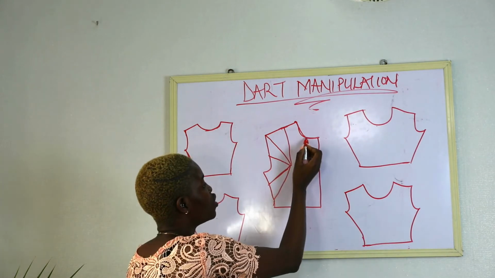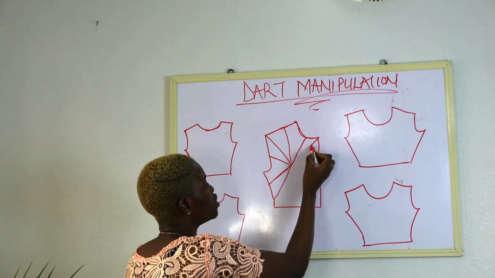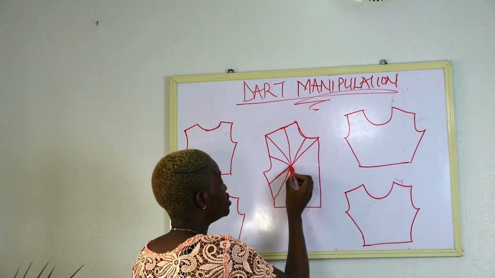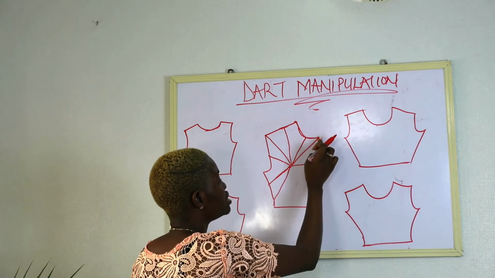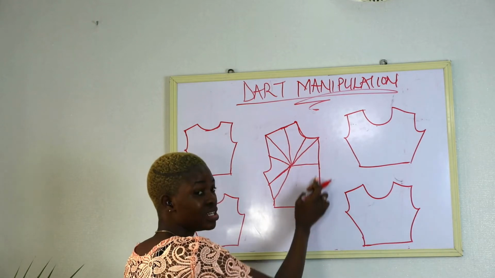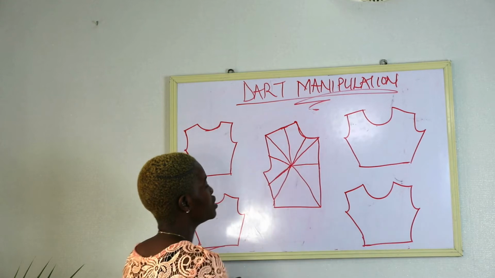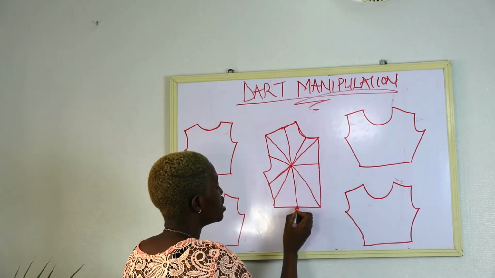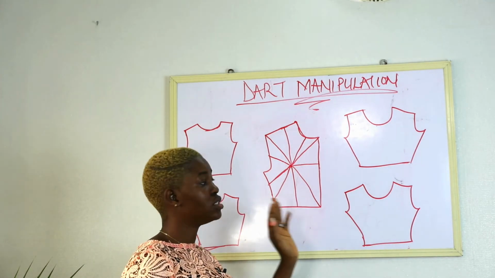You can have it on your neckline like this, and you can have it on the corner of the neckline like that. We can also have a dart on the center front line, which means your bodice is going to have a joining on the center front. We can also place our dart to come from the center front, and also we can have the conventional waist dart. So these are the different positions that you can place your dart on the body.